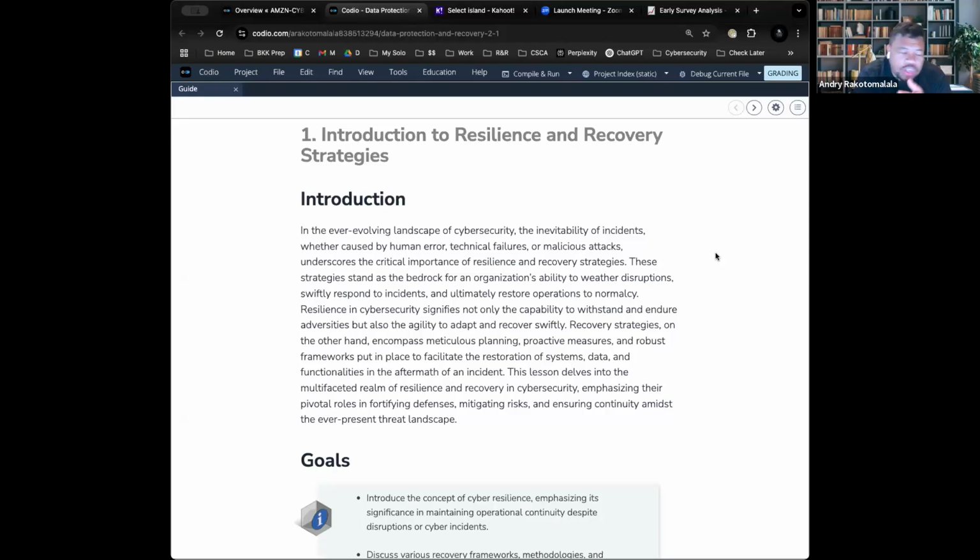Right. Not only is this important to save money, as well as to keep the trust of your customers and stakeholders, but you can also be legally liable. This is especially important when it comes to data, because if your data becomes leaked and the company has shown that they have not had the right privacy controls, the right data protection controls in place, then they could be legally liable to pay out to you, or they could pay a fine to the government or to a compliance entity.